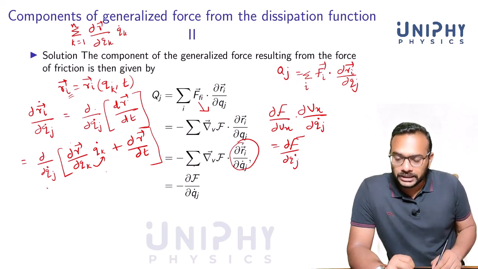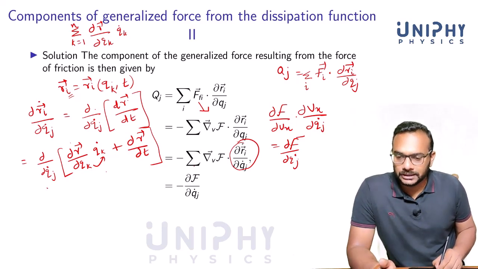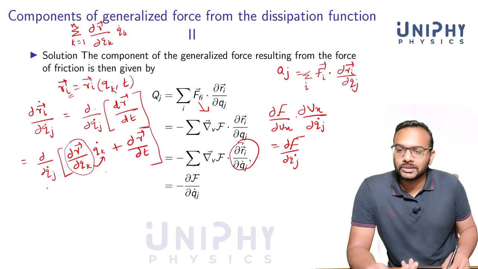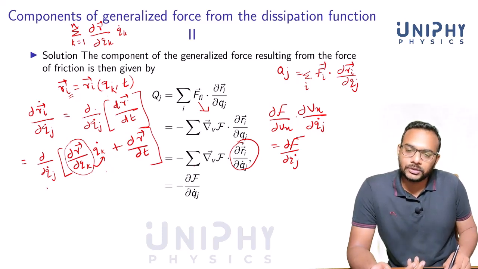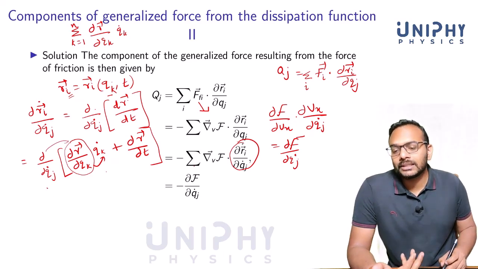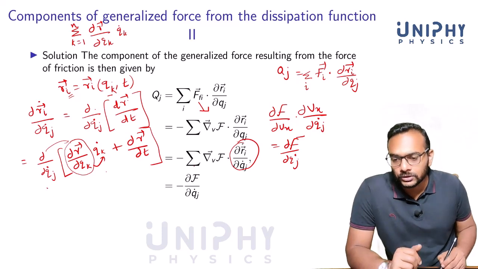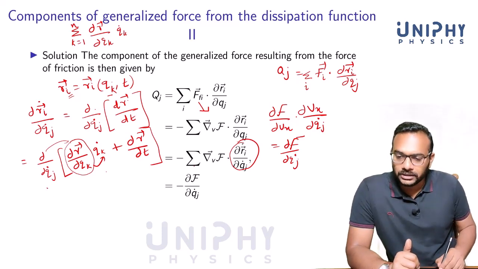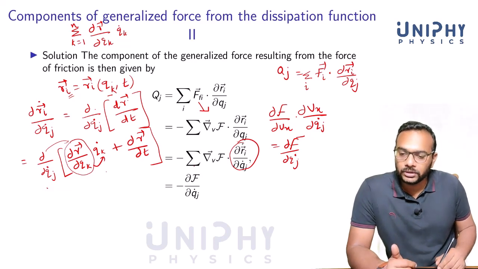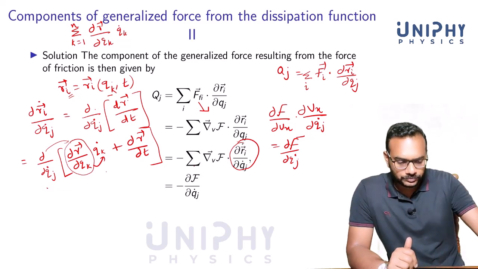Now you have to take ∂/∂q_j dot of this thing. You see that this ∂r/∂q_k cannot have any dependence on q_j dot, because r by definition depends on q_k. If you take this, of course you have to take the product rule, but this ∂r vector/∂q_k cannot have any dependence on q_k dot. So the only thing is you have got q_k dot here. So you have to take the partial derivative of q_k dot with respect to q_j dot.